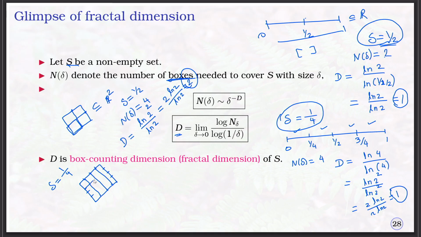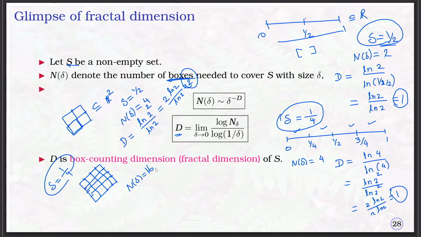How many boxes? 8 boxes here, and here 1, 2, 3, 4, 5, 6, 7, 8, and here 8 boxes. Totally we need N of delta as 16. When you are choosing delta as 1 by 4, the number of boxes required to cover this unit square is